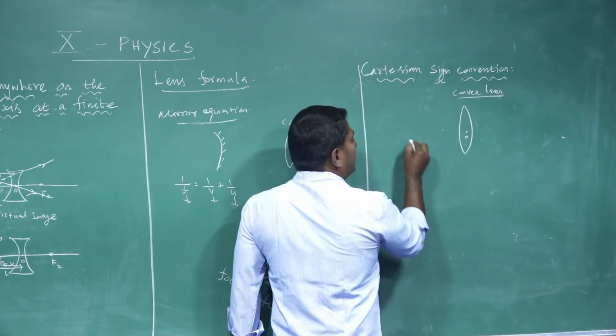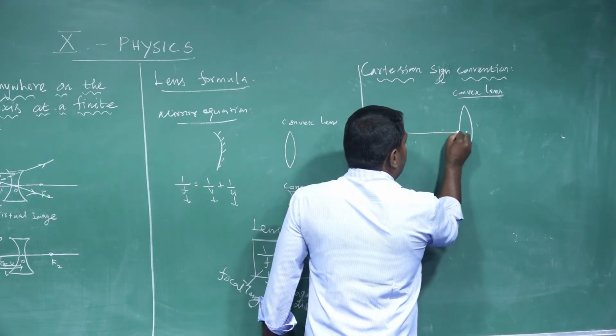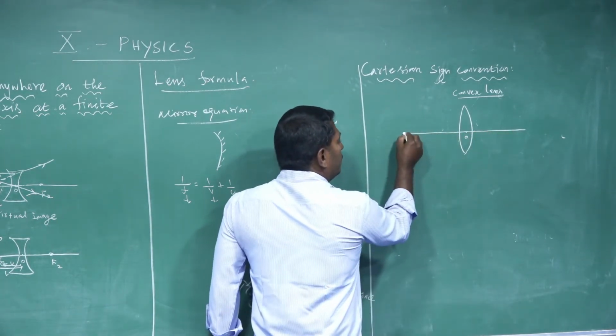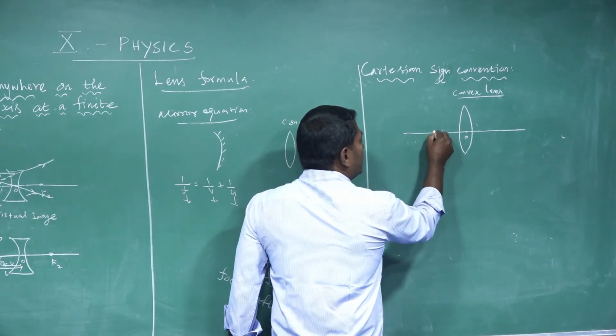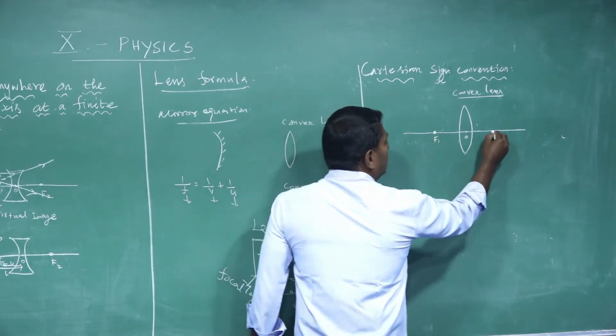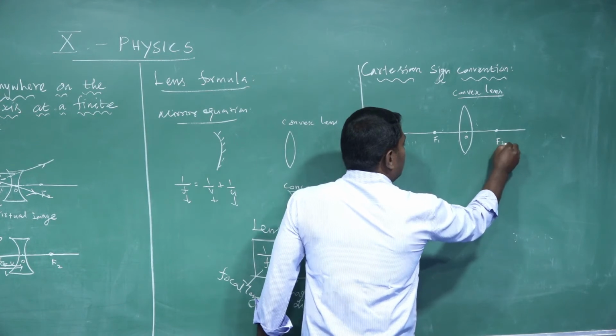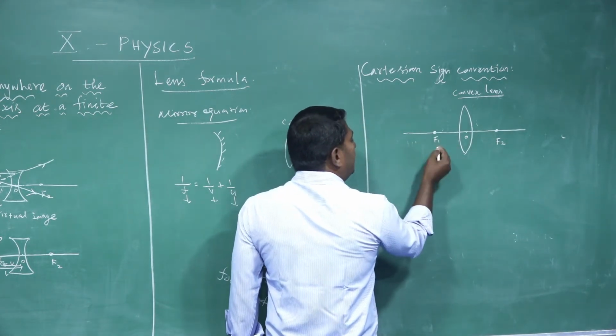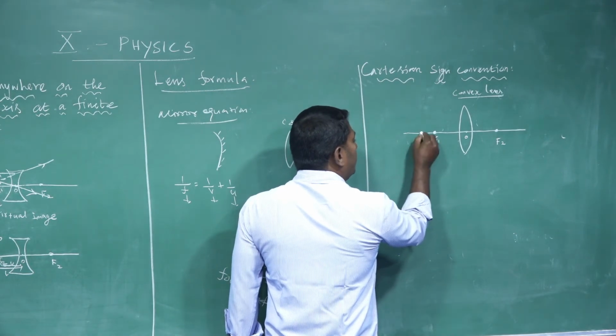Optic center of convex lens. Principal axis of convex lens. There are two principal focus, F1, F2. Now, when the object is placed behind the principal focus F1,